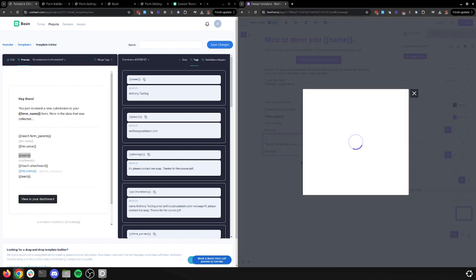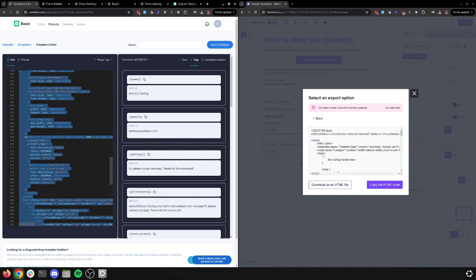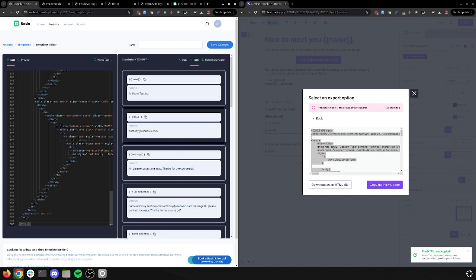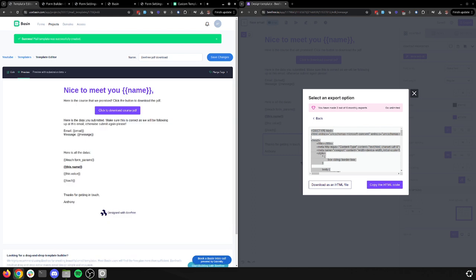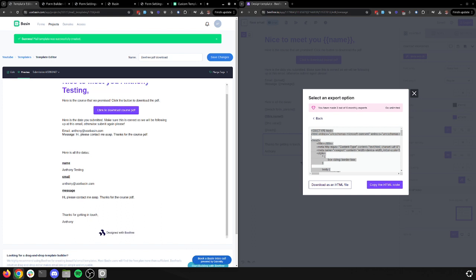Right, and now that we've completed our template, we can export, and this part's key. You just copy the HTML, and we will just remove all of the HTML that came in our default example here. Copy the code, paste it in. This is called BeFree PDF download or something. And we'll go ahead and save that. And now we can actually preview this with our submission data. So you can see that it populated Anthony testing. We spliced in the email and the message,